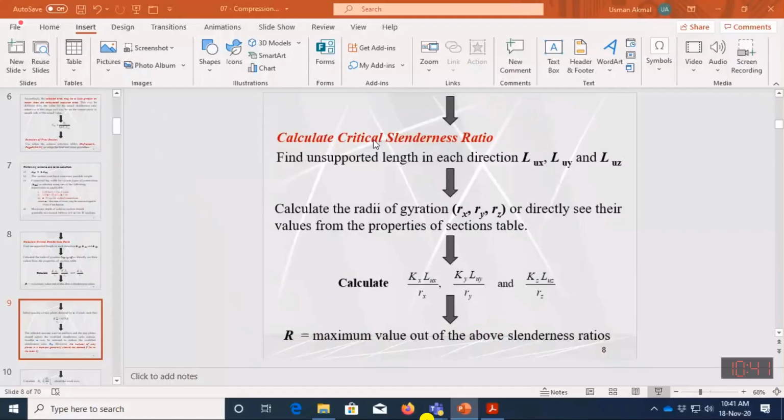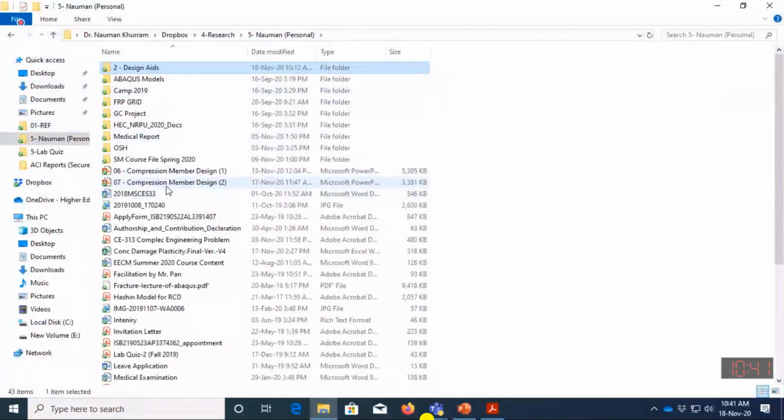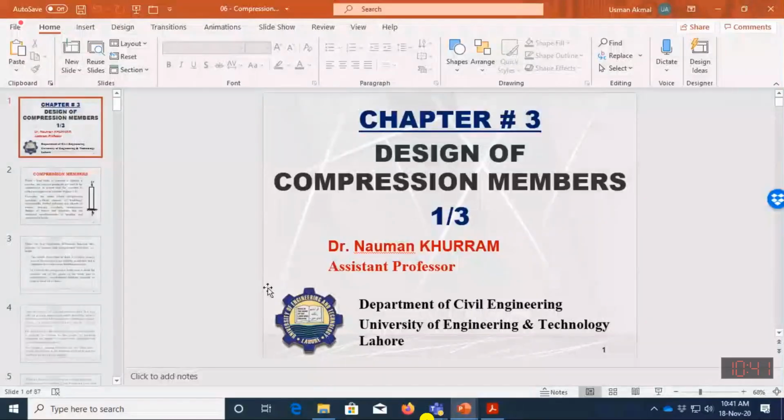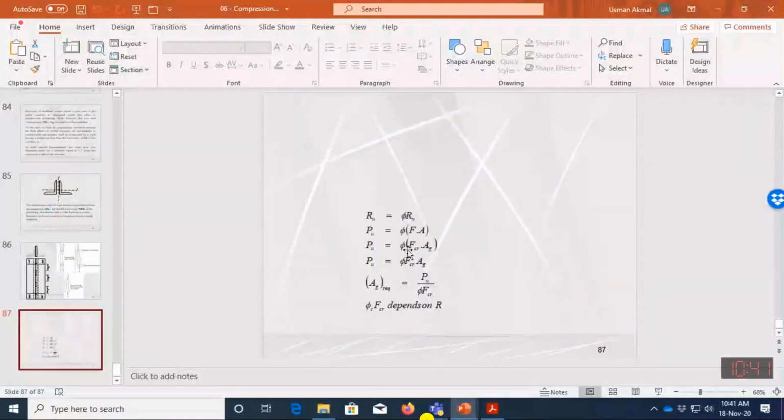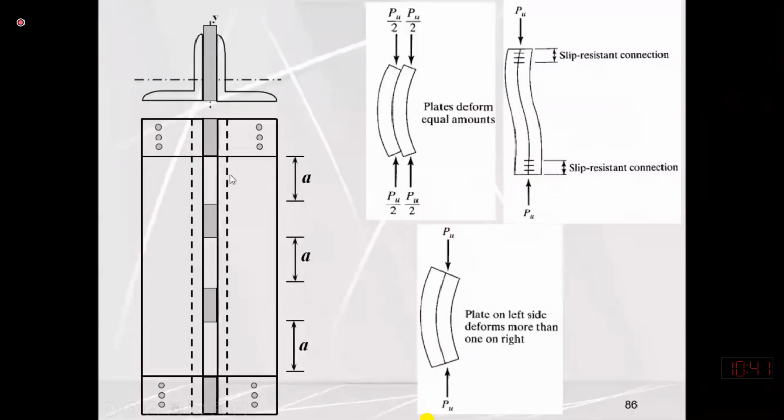So again, I am supposed to show you the slides that we have already discussed. Yes, the equation was here. No problem. So here, actually, we want to design how many stay plates are required, maybe 1 or 2. So the design of stay plates, or the number of stay plates, depends upon this A value. So A is the maximum unconnected portion of a single angle.